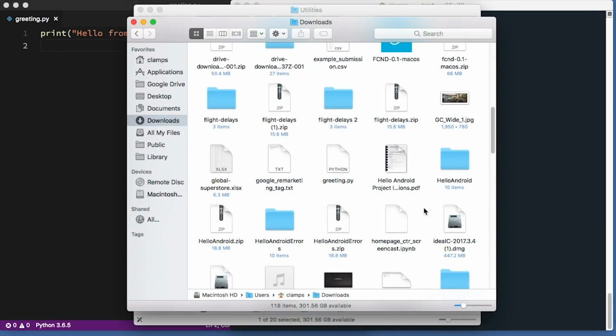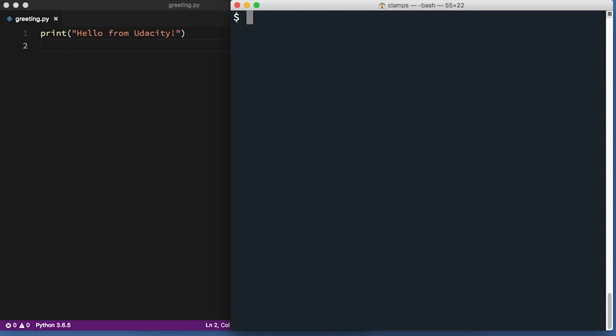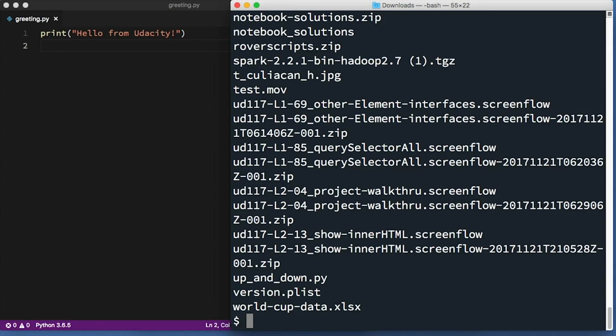The first step is to find the folder where the file was downloaded, such as your Downloads folder. You can move the file to another location if you like. It doesn't really matter where you put it, as long as you know where it is. In the terminal, use the cd command to move to the folder where the file is located. Depending on where you put the file, the command will be something like cd downloads. Once you've moved to the folder, you can use ls to check that the file is listed as you expect.